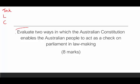In this question, and this question was last year's exam, question 6, okay, the task word's very clearly evaluate. Now, the key with evaluate, as we know if you've been watching my videos, is that whatever we're looking at, we need to look at both sides, and we need to have an overall argument, which is something that a lot of kids miss with evaluation questions. Okay, you've actually got to tell me how good something is. The L, after we've figured out what the task word is